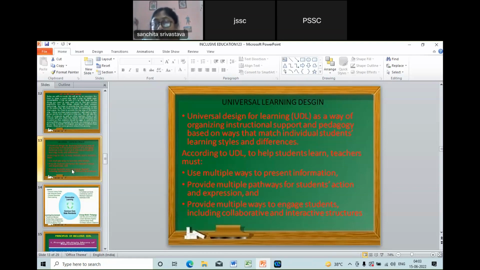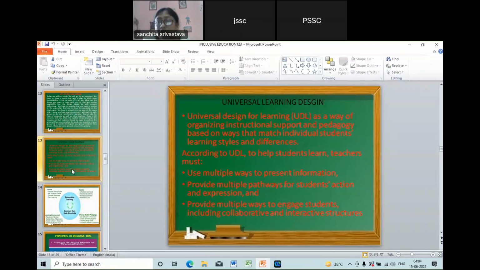Then provide multiple ways to engage students, including collaborative and interactive structures. Multi-cognitive learning and collaborative learning is also part of that. Collaborative learning is not the task of a single teacher. A single teacher cannot collaborate by herself, because we need to be discussing among the subject teachers. This is not possible every day. You can make a particular day available for that, where subject-wise, maths, English, literature, science, all together can take up a class together. That way you'll have collaborative learning and an